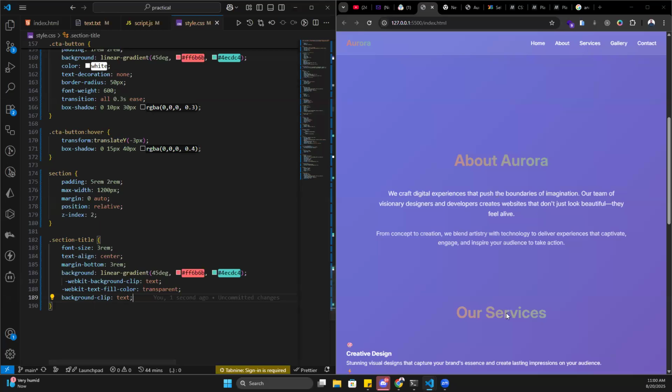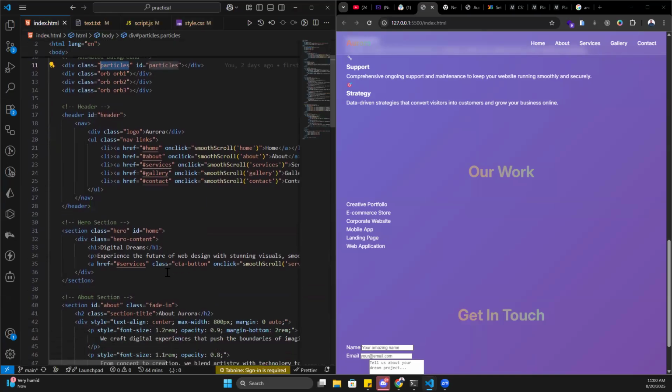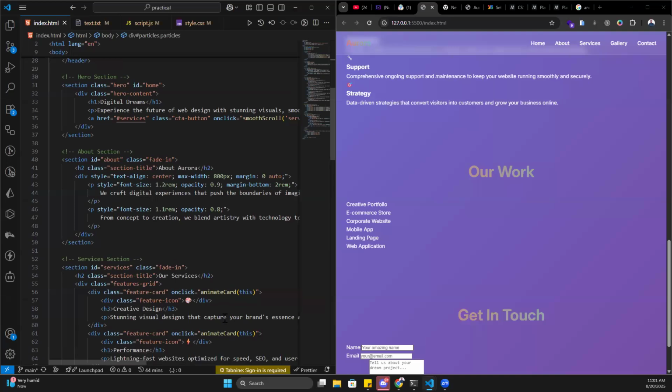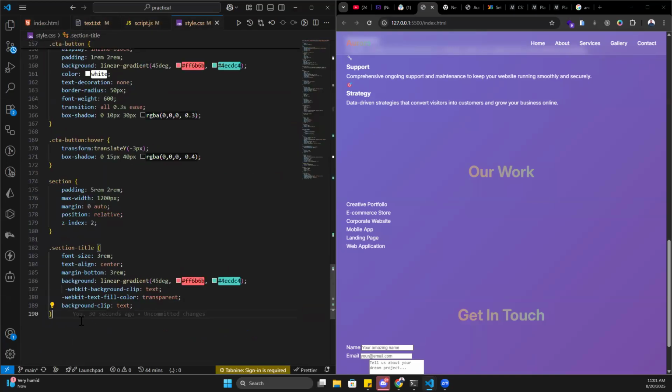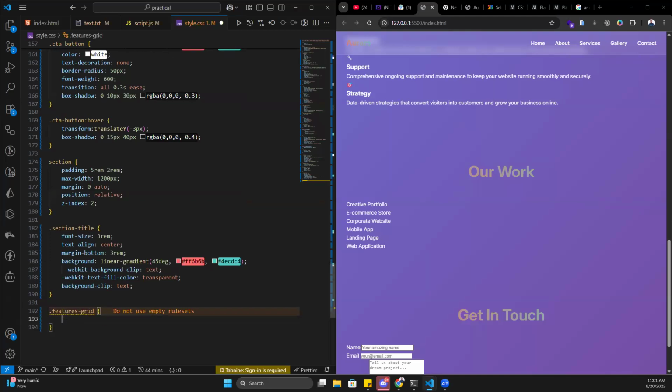Where is the feature grid? So we are going to be styling. So we have styled that. Let's continue. That's the feature grid. So we are going to be styling our feature grid. There's grid and